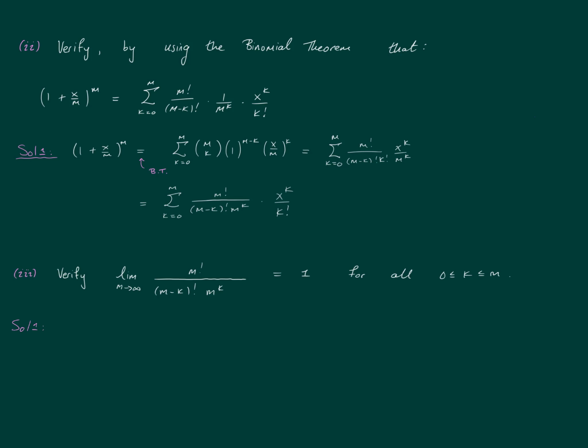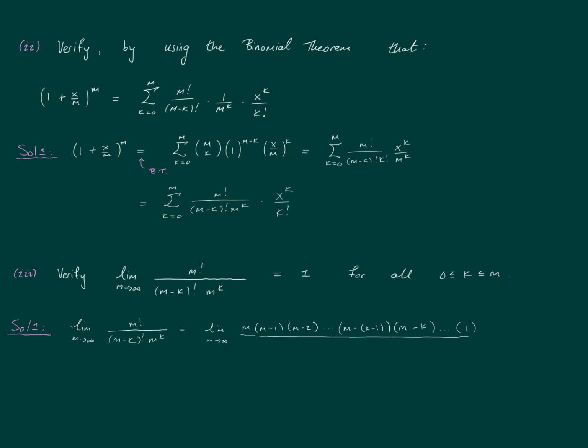Okay, solution. The hard part about this is just recognizing how the factorials cancel. So the limit as m goes to infinity of m factorial over (m minus k) factorial, m to the k. Now let's write out m factorial. That'll be m times m minus 1 times dot dot dot m minus k minus 1 times m minus k, assuming again that k is less than or equal to m, dot dot dot 1,